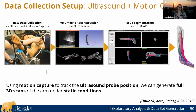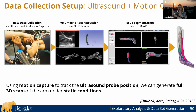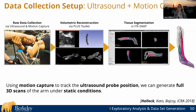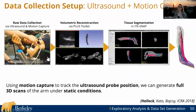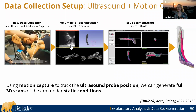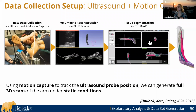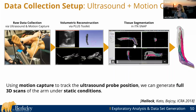In this case, we focused on the biceps, another elbow flexor, since it's a little bit bigger. We had focused on the brachioradialis before because it fit more in frame, but in this case we're looking at multiple frames anyway. The way the system worked is we took this full ultrasound scan of someone based on the motion capture tracking of that probe. We could then generate these 3-dimensional scans,